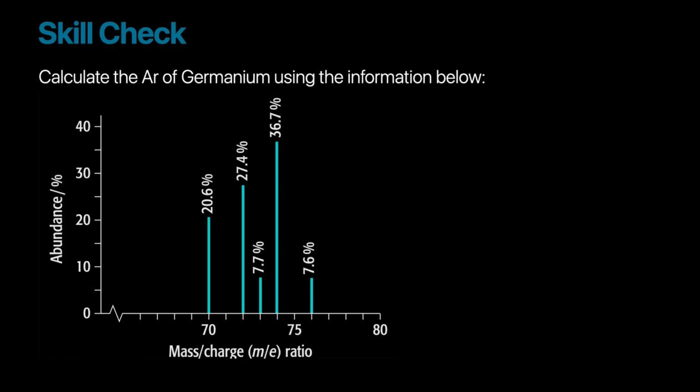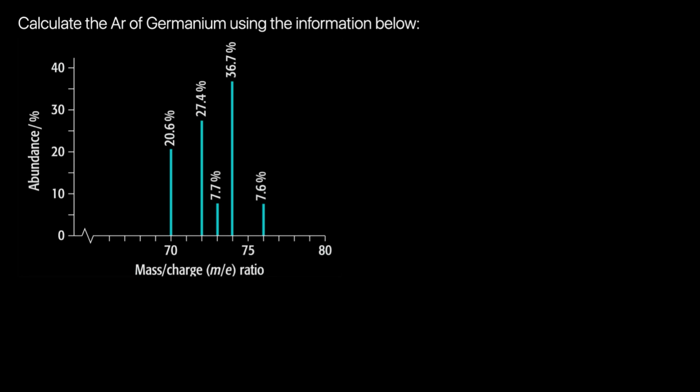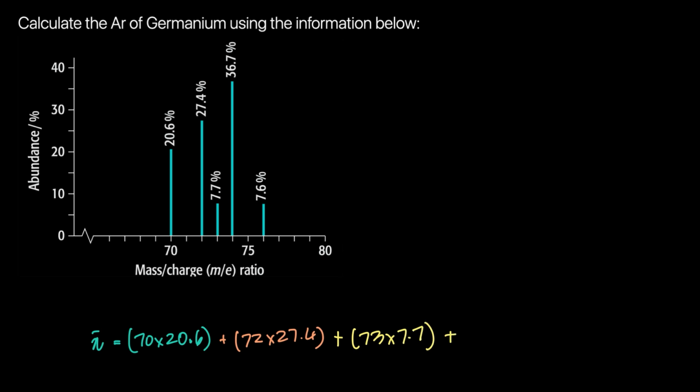So in this question, you can clearly see there are 5 isotopes of germanium, and the average mass would basically be 70 into 20.6. That's the first isotope. The second isotope's mass is 72, then 73, then 74, and then 76. So 70, and then you got 72 times 27.4. Then you got 73 times 7.7. Then you got 74 times 36.7, and the last one is 76 times 7.6, and all of this divided by